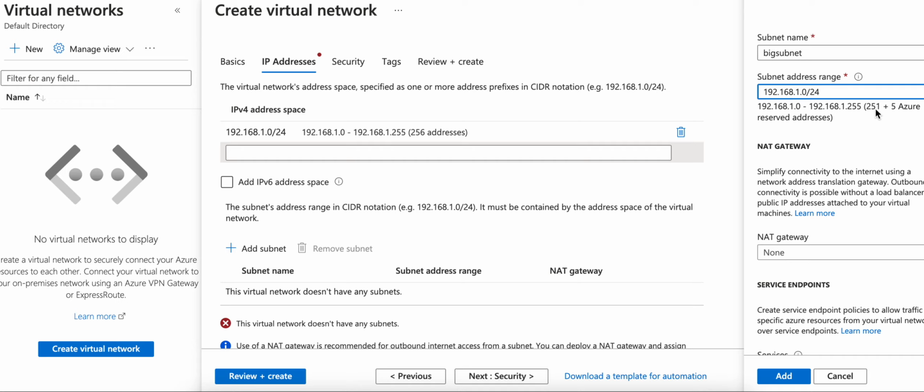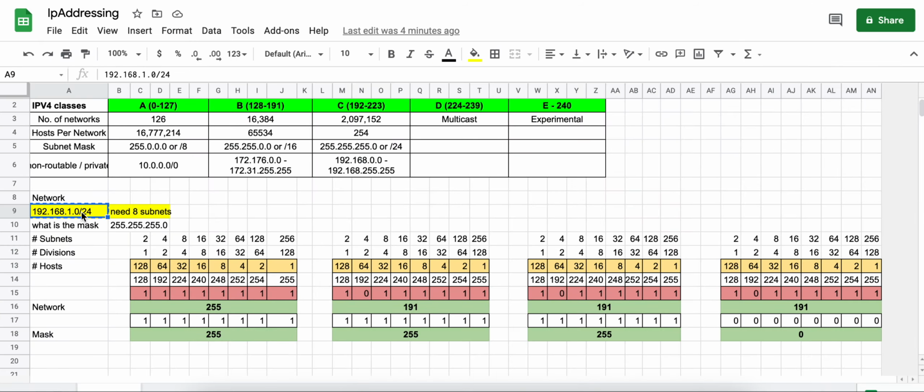Why 251? In each subnet, Azure actually reserves 5 IP addresses for their own use. But if you create one subnet, then it's a problem if you need boundaries. If you want to implement security and you want to segregate your larger network IP address space into smaller segments, you can do that. So a requirement now is, okay, you have this big space where we know now that